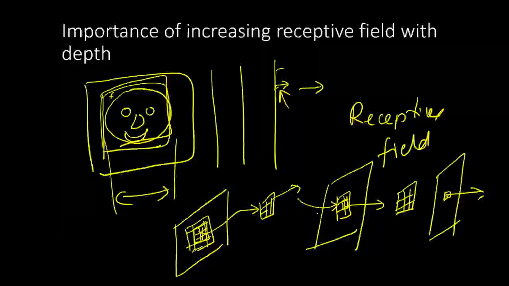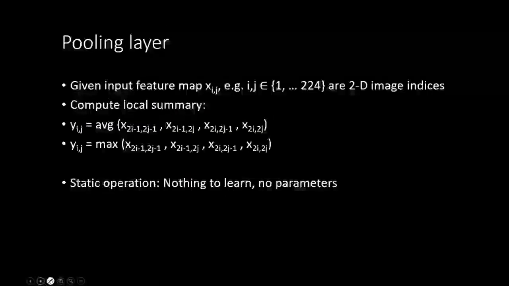So what that means is, if this eye is slightly shifted to the right, it is still a face. So the exact location of the eye is not important. I want a little bit of translation invariance to the location of the eye, and scale invariance. The face can be slightly bigger or slightly smaller, the eye can be slightly bigger or slightly smaller, it is still a face. So for that, a second type of layer is introduced, which is called a pooling layer, and that is a local summarization layer.